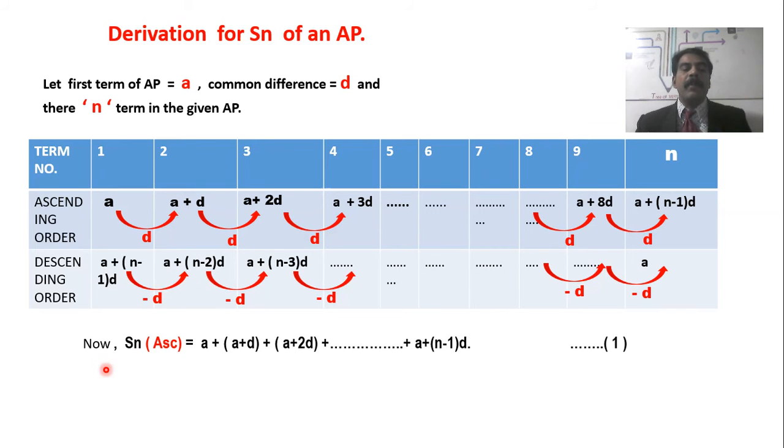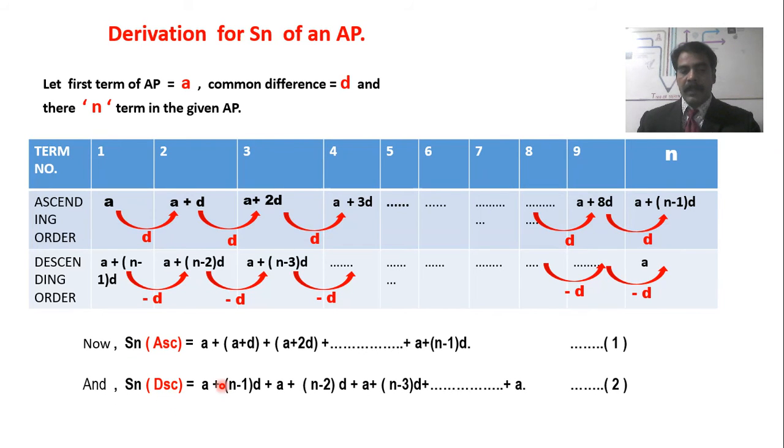Now, I am writing the sum of n terms in ascending order as A plus D, A plus 2D. How can we get this value? Because we have to find the sum. So, adding these values A plus D plus A plus 2D plus A plus 3D and so on, and ultimately the last number, that is A plus n minus 1 into D. No need to write all the numbers, we can write a few numbers from the left hand side and a few from the right hand side. Is that clear? Then we will go for the sum of